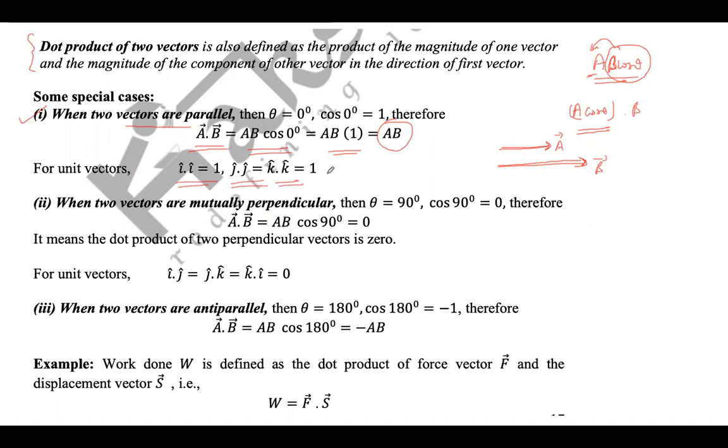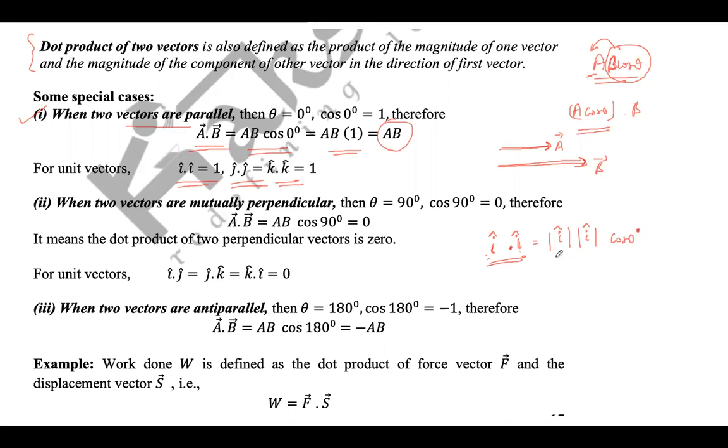So each of these, why? Because I dot I जब हम लिखते हैं, this is equal to vector I का magnitude, vector I का magnitude cos of 0 degree. Why? Because the angle between these two I component will be 0 only. They both are in the same direction. भाई I जो है यूनिट वेक्टर x एक्सिस के लॉन्ग है, यहाँ पे यूनिट वेक्टर x एक्सिस के लॉन्ग, दोनों को अगर मल्टीप्लाई कर रहे हैं, डॉट प्रोडक्ट निकाल रहे हैं, तो कॉस जब निकालेंगे एंगल उनके बीच में क्या होगा? 0 डिग्री होगा. So the angle between these two vectors, unit vectors, is 0 degree.